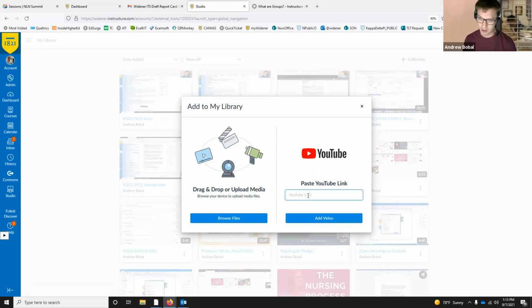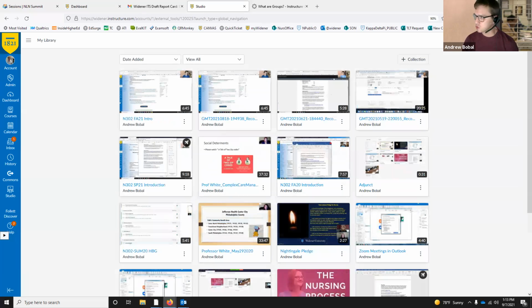So again, back to very basic. How do we get a video in Studio? You can start from scratch and record, make a video right now. When you hit record, you're going to get the option to either screen capture or webcam capture. Know that when you choose screen capture, meaning what I'm doing right now, you're watching my screen. So if you have a PowerPoint, you're screen capturing that PowerPoint so students can see the